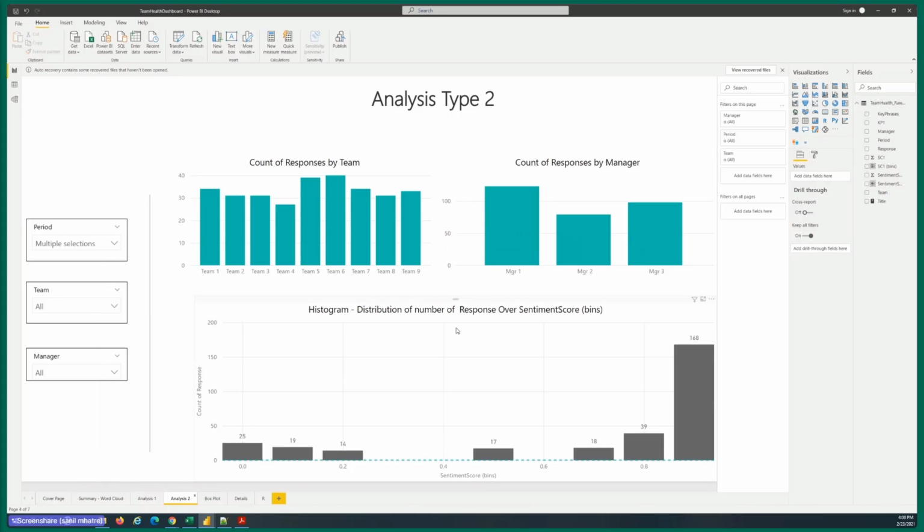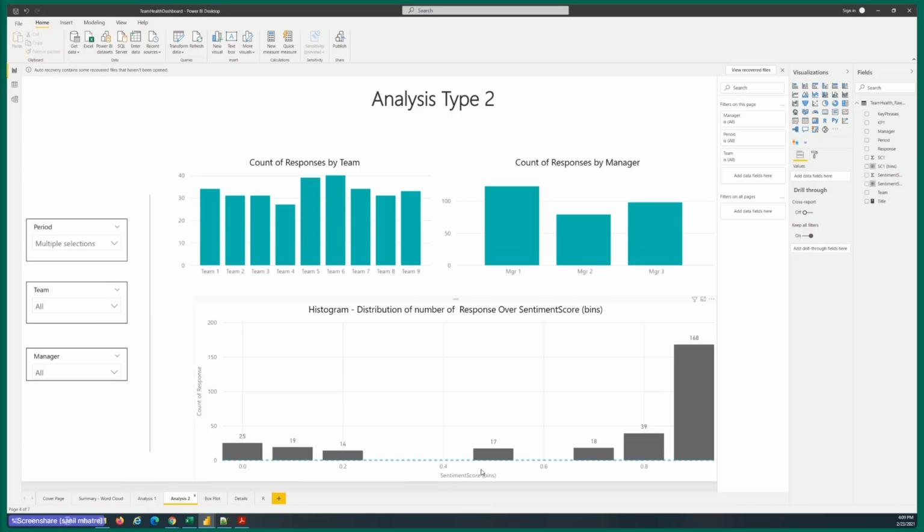So on that note, I want to show the histogram. The histogram uses the bins that we had previously created. On the x-axis, you see the bin, and on the y-axis, you see the count of responses that fall in that particular sentiment bin.